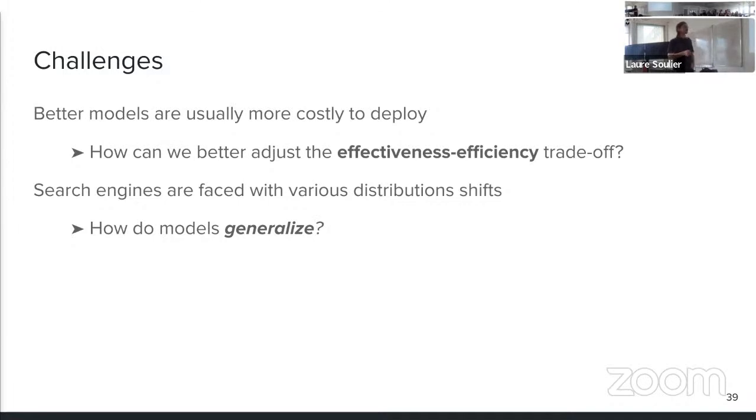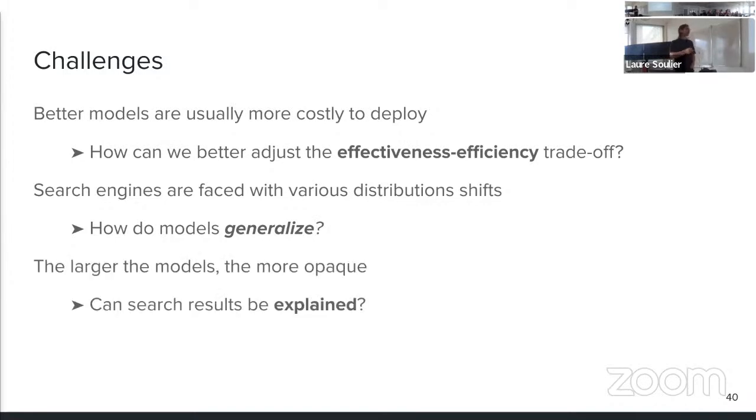This is quite important for such models, because as you can imagine, if you have a search engine, every day you have new queries, new websites, new domains, and so on. And so you need to have models that are robust to these changes. And finally, we are witnessing the scaling laws, where larger models become more effective.